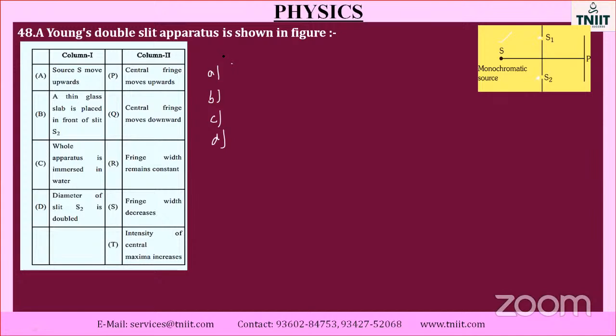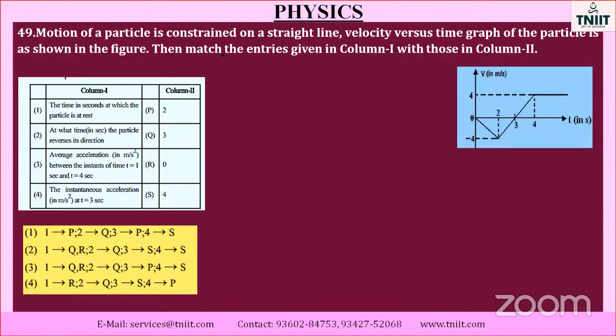Okay. Look at this. They have given one particle motion which is along a straight line, that is velocity versus time. Then you have to give the entries in column 1 and column 2. First column, time in seconds at which the particle is at rest. When the particle is at rest, definitely the velocity has to be 0. So one should match with